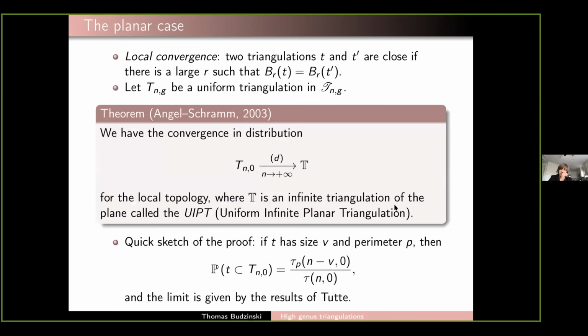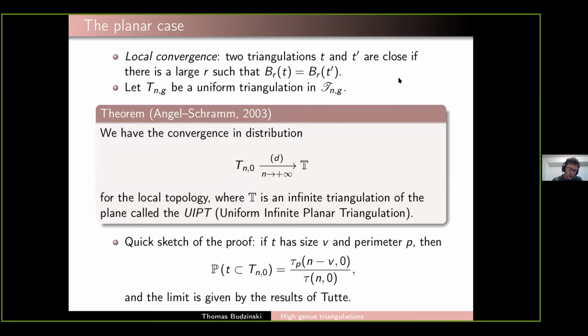And what does it mean, uniform? So for the finite objects, there is a finite number of triangulations with a fixed size and a fixed genus, because we start from a finite number of faces, so we have only finitely many ways to glue them together. And among all of these, we pick one uniformly at random. Okay, thank you. And for the infinite object, I'm calling it uniform, but it's a slight abuse of language.